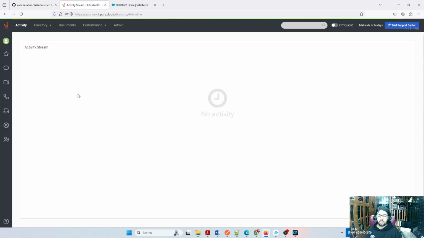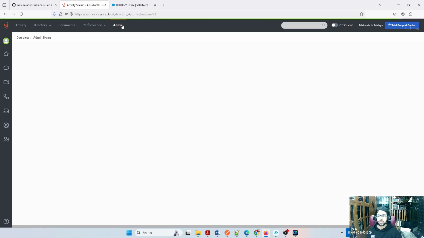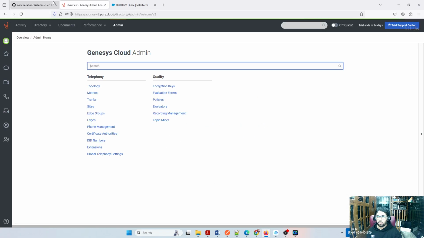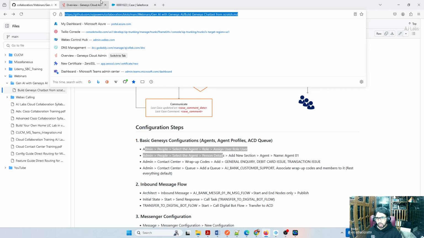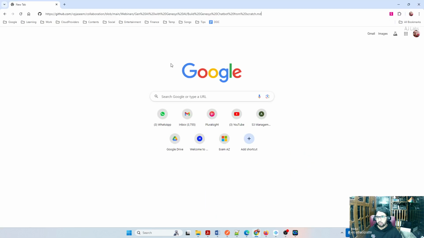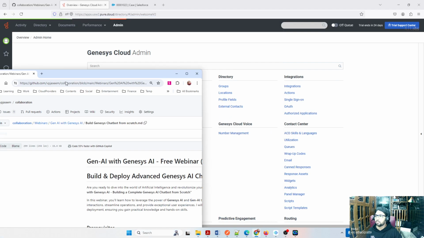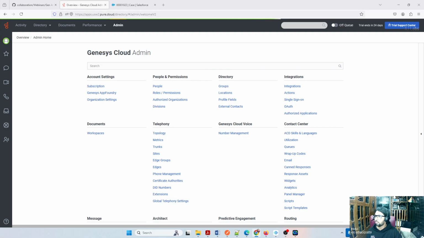Okay, so once you log into the Genesys interface, this is what you see. This is the Genesys contact center interface, and all our touch points will be in the administrative tasks. So go to Admin. Let me open the configuration guide in a different window so that I can refer to it.